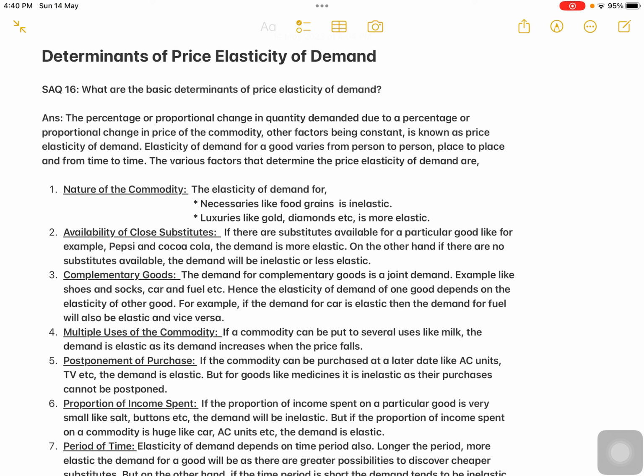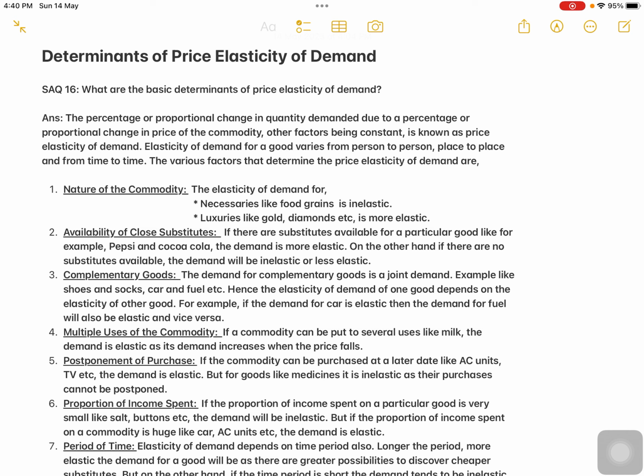Determinants of price elasticity of demand. Okay, so SAQ 16, what are the basic determinants of price elasticity of demand? First, as usual, you have to write the meaning of elasticity of demand. The percentage or proportional change in quantity demanded due to a percentage or proportional change in price of the commodity, other factors being constant, is known as price elasticity of